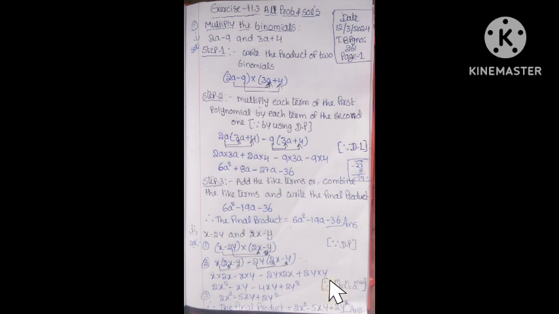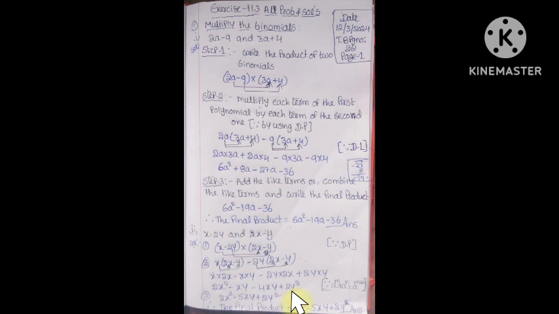Here, by using the product law, a to the power of m into a to the power of n equals a to the power of m plus n. First the product of the coefficients, then write the variables. So 2 times 1 is 2, and x into x is x square; minus x into y is xy; minus, product of the coefficients, 2 times 2 is 4. Next variables, x into y is xy, plus 2 into 1 is 2, plus y into y is y square.